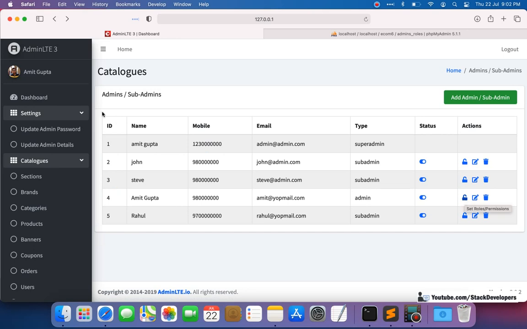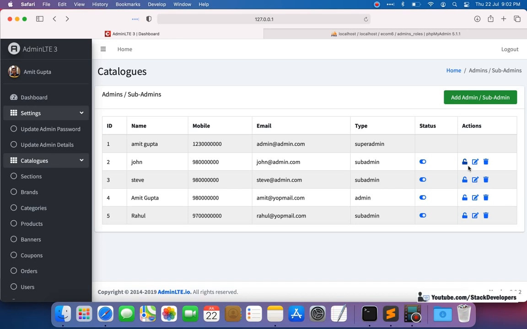Okay, so it confused here. Okay, so see, Amit Gupta is already the super admin, so you can't create the admin or the sub admin for the same user. If you want to create, sure, you can create with a different email ID and different mobile number. Every user must have a different mobile and email, and you can give something like Amit Gupta subadmin or some other thing that will differentiate the person's name. Okay, so in this way you can set the permission for all subadmin and admin.